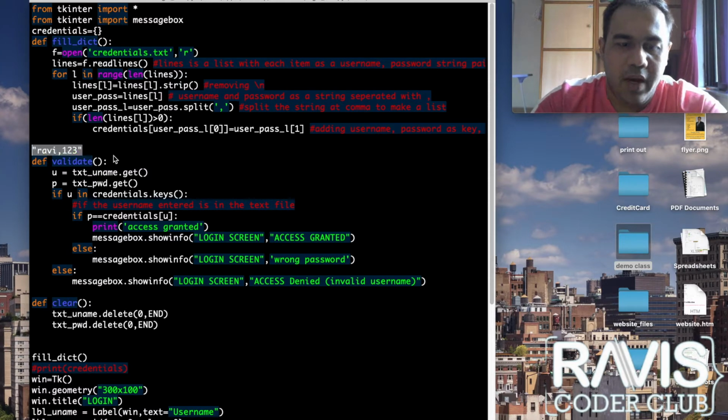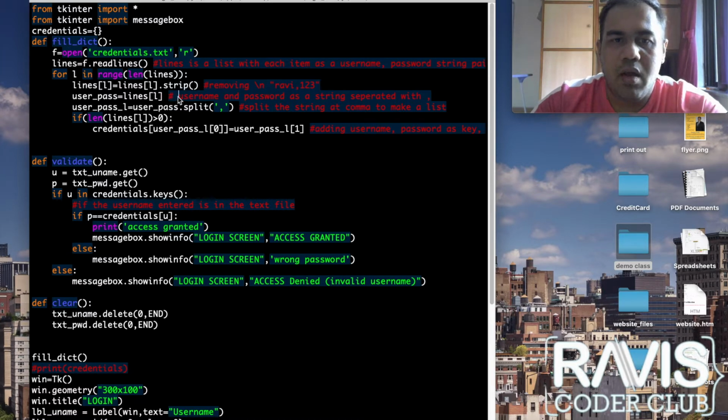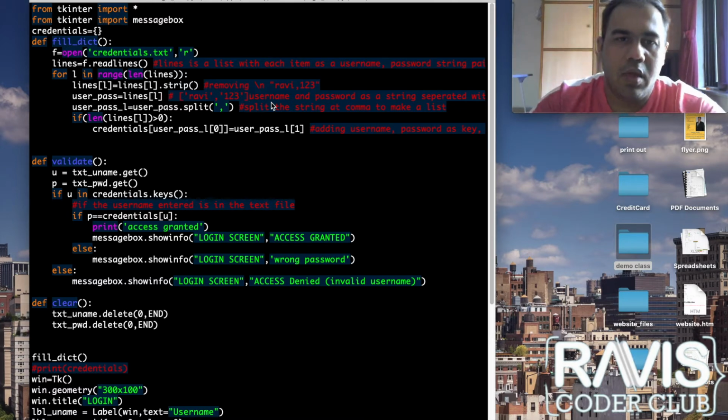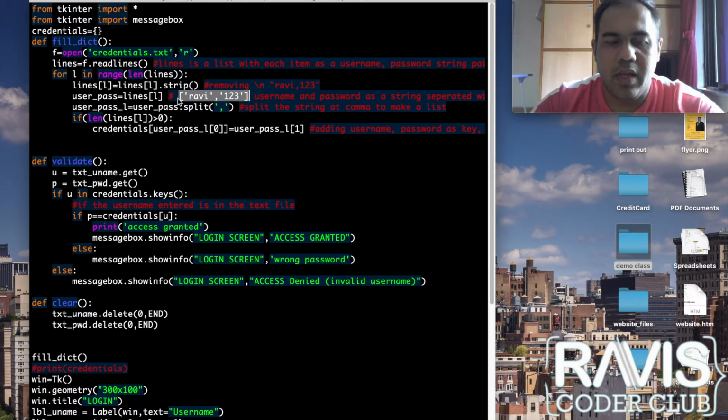When I do a split, Ravi goes into the list at the 0th position as a string, and 123 goes as the first item of the list. And the name of the list is user pass. So that happens on the next step, basically splitting the string into a list like this.